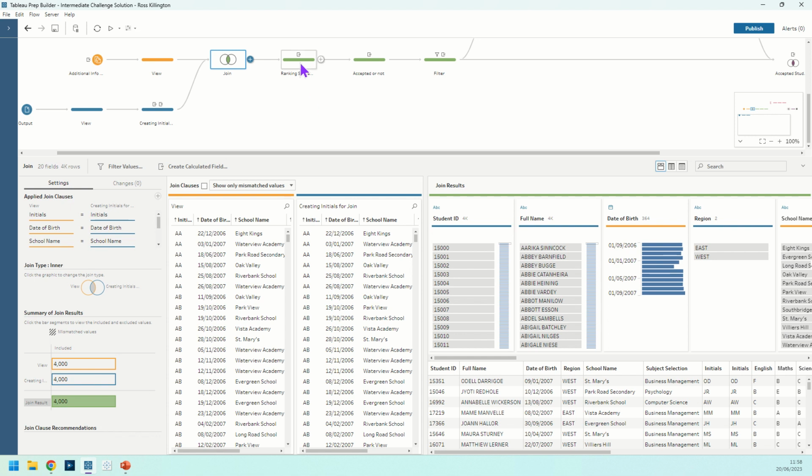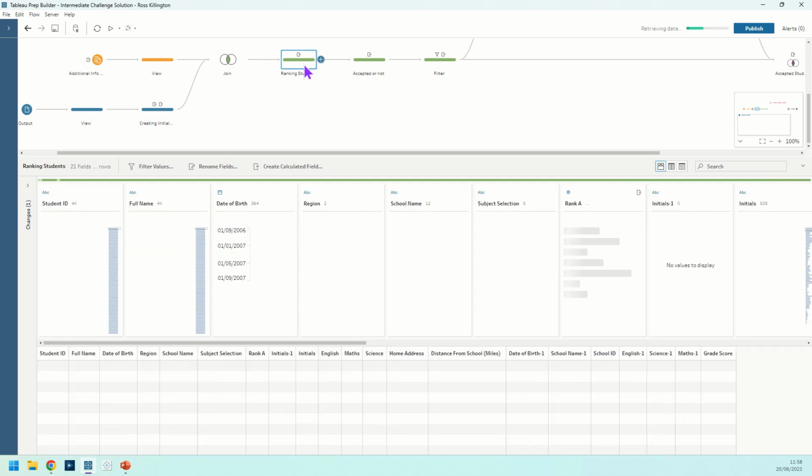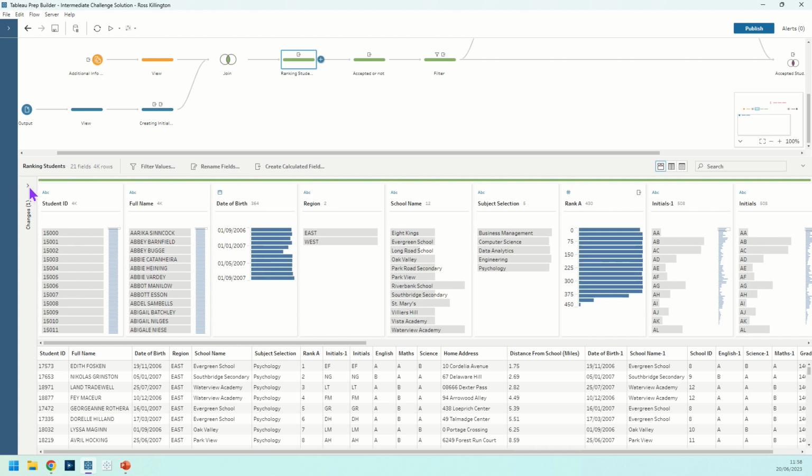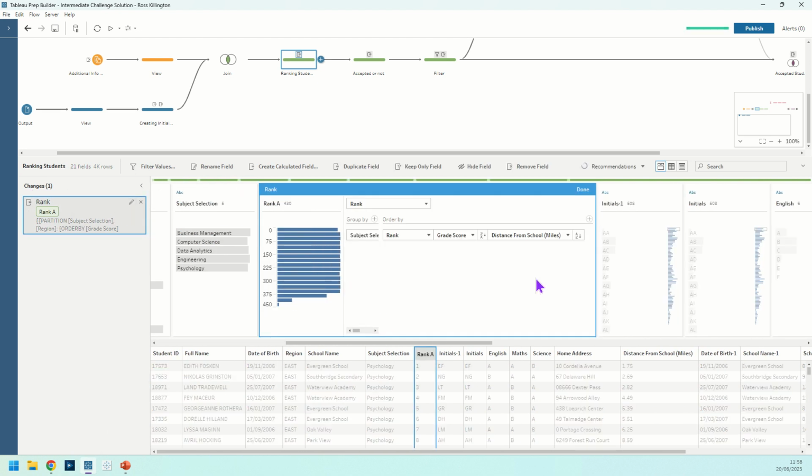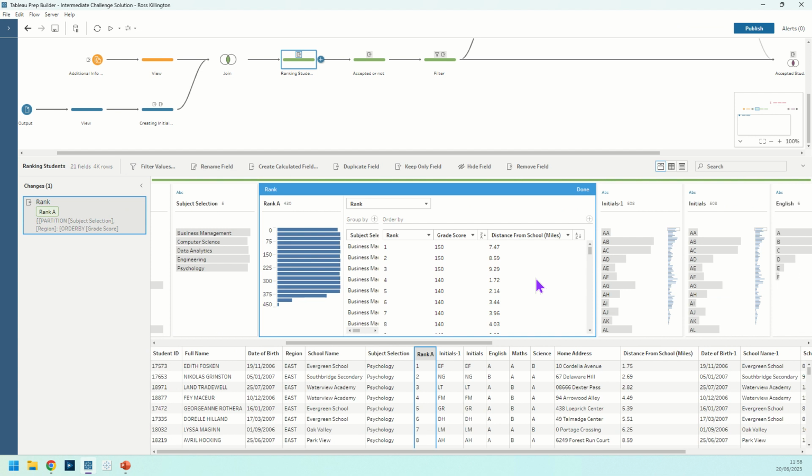Now we're ready to rank these students. If we think about how we want to rank them, we want to use that grade score. So let's go and find the grade score field, go to create calculated fields, and we want to create a ranking for that. We're using our grade score initially in descending order, and then where there are tie breaks,